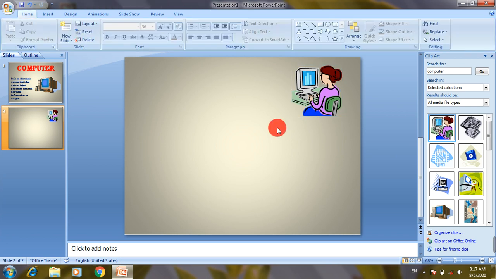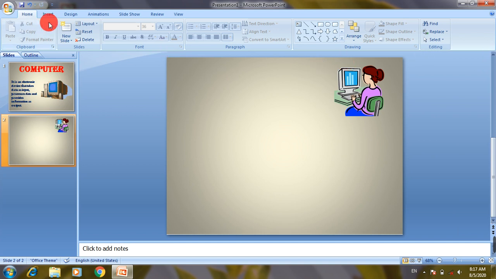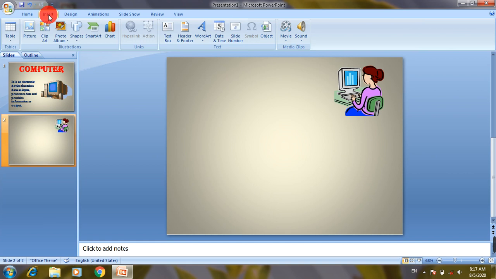Now I'm going to show you how to insert picture that is stored externally in the computer. So I'm going to close this clip art option, and for this again click on insert tab and use picture option.